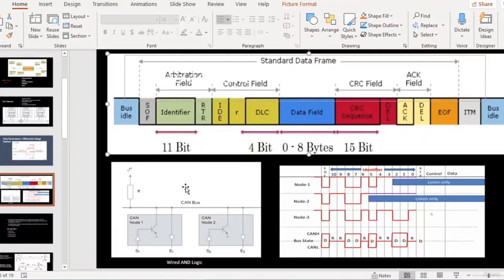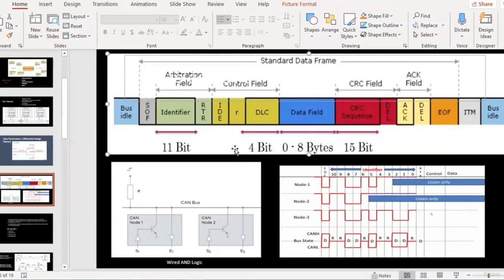If there are two nodes which are transmitting 1 on the bus, then the actual voltage level on the bus would be 1. If one node is transmitting 1 and the other is transmitting 0, then if you AND 1 and 0, you will get 0. So 0 would be there on the bus, and the same for 0 and 1, also 0 on the bus.